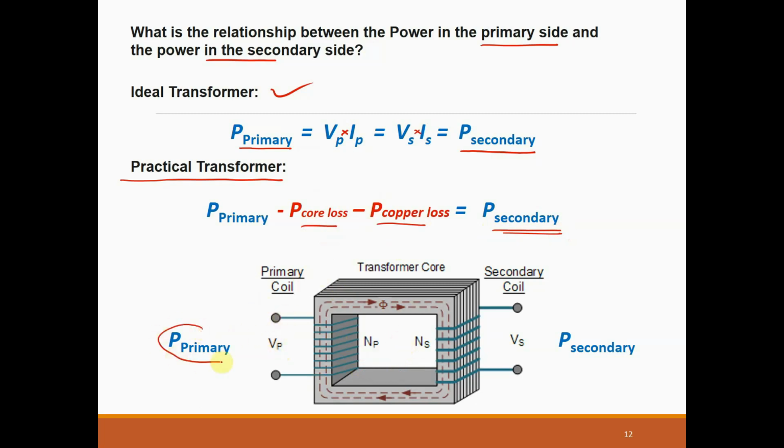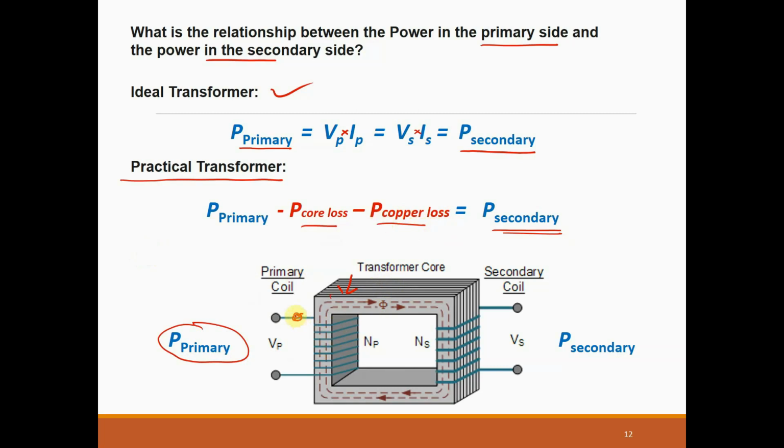Here, this is the power in the transformer. Minus the P core loss, there will be losses in this core, right? Because of the reluctance, it resists the flow of the flux, right? There will be power loss in the core. What else? P copper loss. What is P copper loss? P copper loss is due to the wire. As you can see,